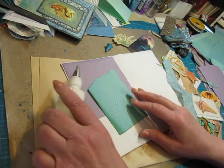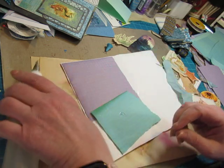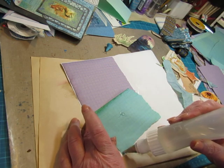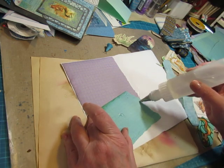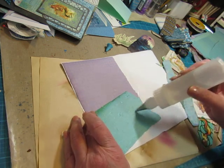I like that dark edge, but I guess we have to go this way because that's how it's torn. So I don't use the Kool-Aid, but oh,